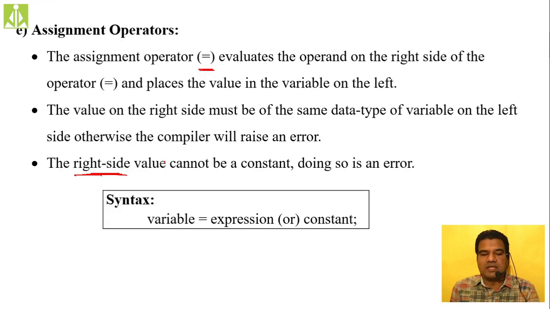So the next thing, these are all the three major points that we need to discuss related to the assignment operator. The first one: the assignment operator will always evaluate the right hand side value and store that value into the left hand side operand. The values on both sides